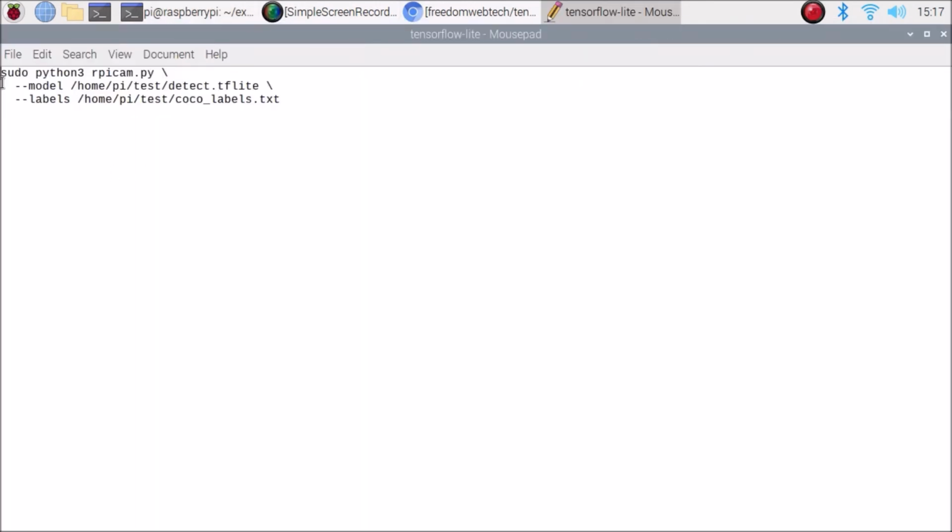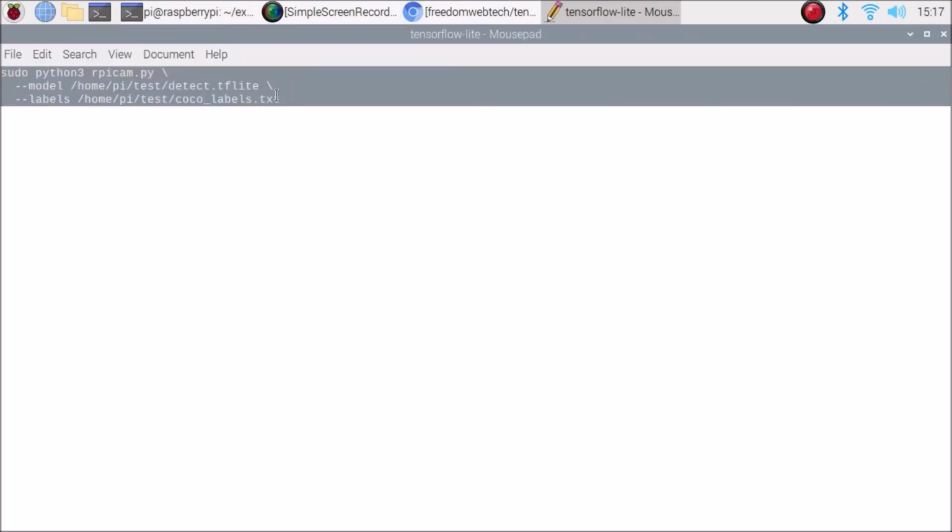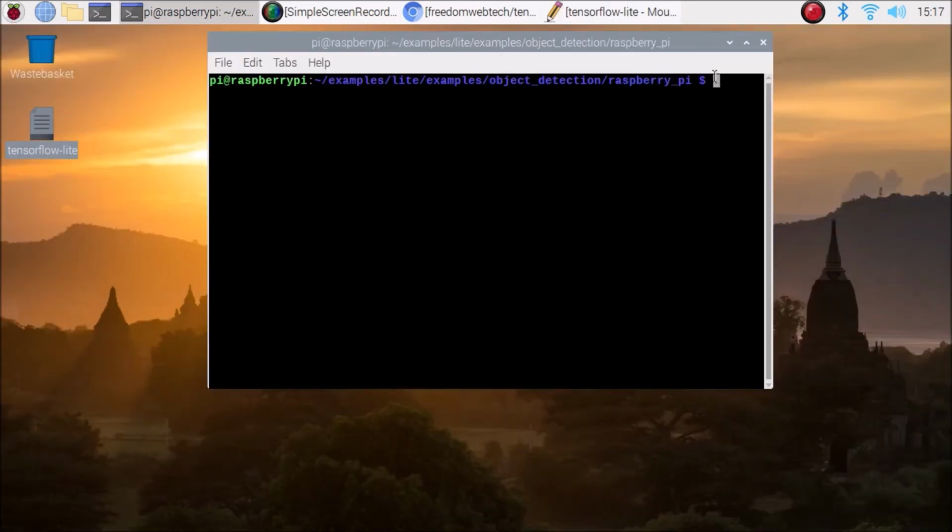Now open this text file, and simply copy this command. Open your terminal, and from here simply paste that command and hit enter.